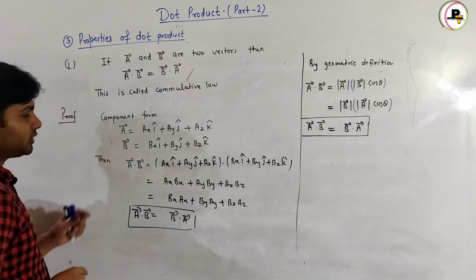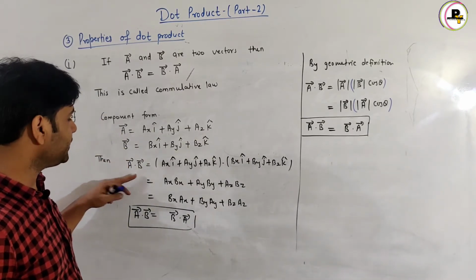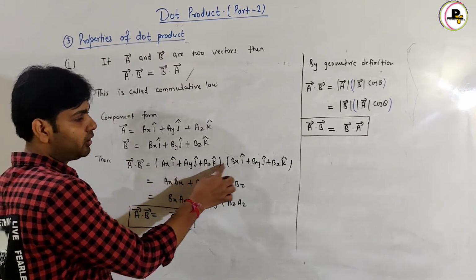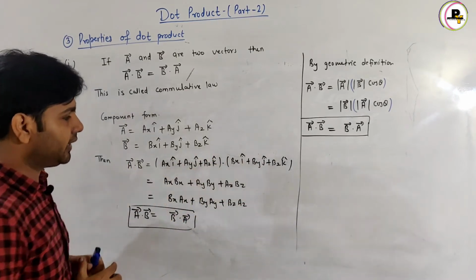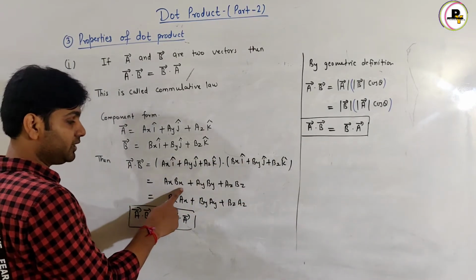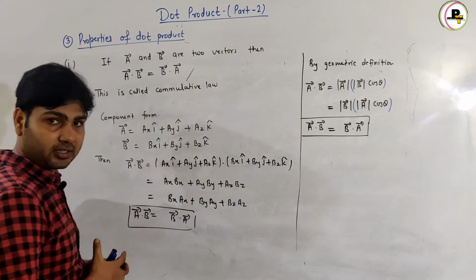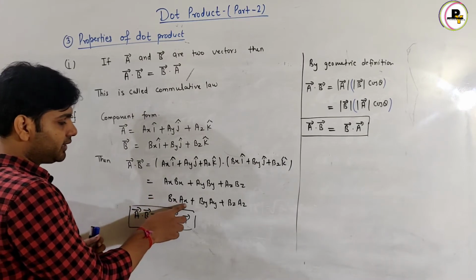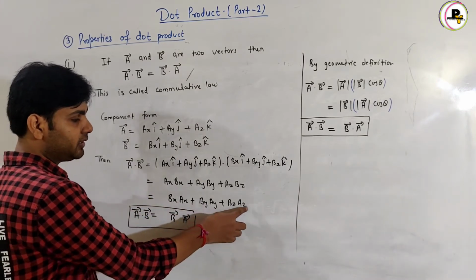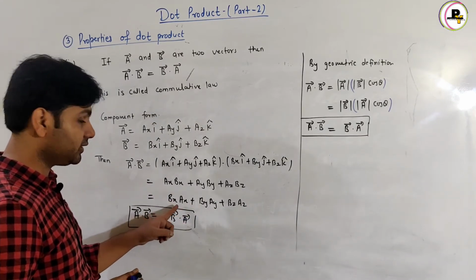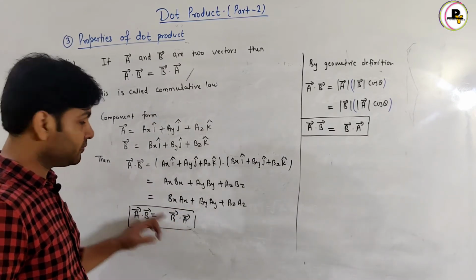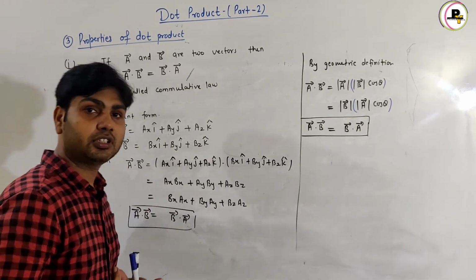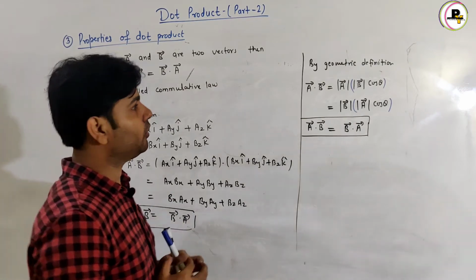So if I take the dot product of vector a and vector b, then I can write here a vector dot b vector equals the value of a vector in component form dot the value of b vector in component form, and as per definition we know that it is equal to ax bx plus ay by plus az bz. So if I rearrange the terms, then I can write here bx ax plus by ay plus bz az, and this is nothing but b vector dot a vector. Thus a vector dot b vector is equal to b vector dot a vector, that is, the dot product of the two vectors obeys the commutative law.